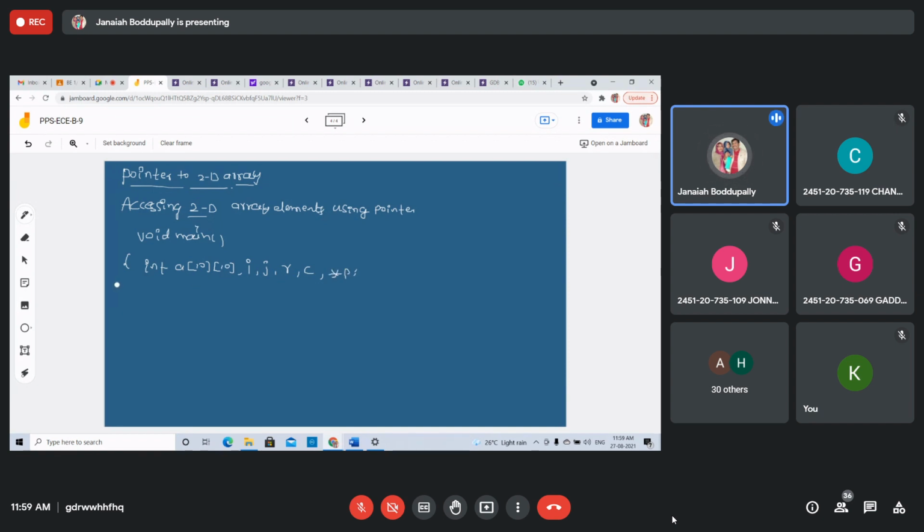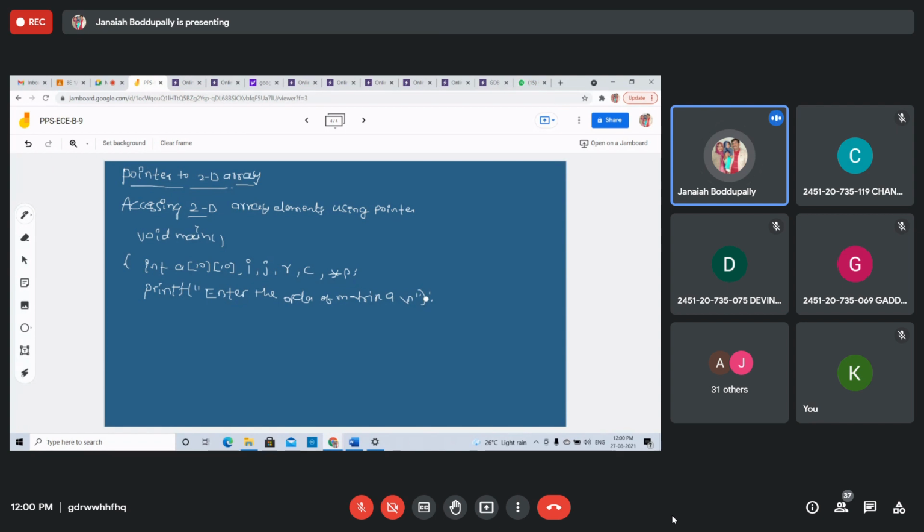This is the declaration of the array, and enter the order of the matrix. As usual, you know this. Printf, enter the order of matrix A. Right, students?